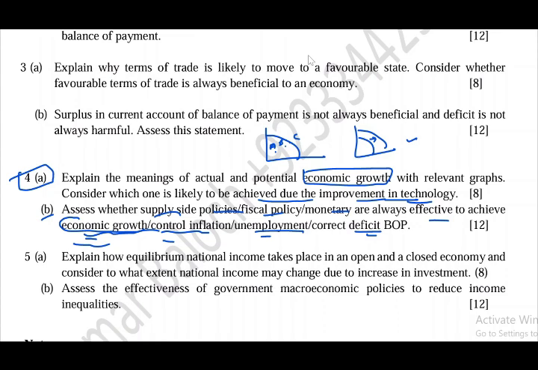Secondly, the provision of education and training of workers is also a supply side policy, and when workers are educated well, their productivity and efficiency will rise, and when they are more efficient they will produce more in relatively lesser time. So as a result GDP may rise and economic growth may be achieved.